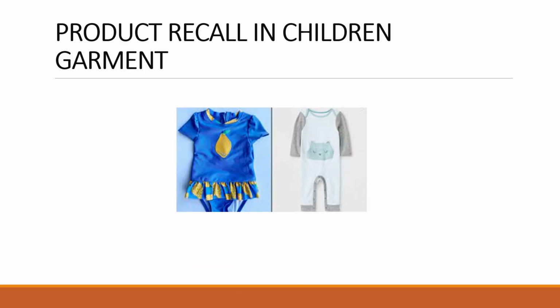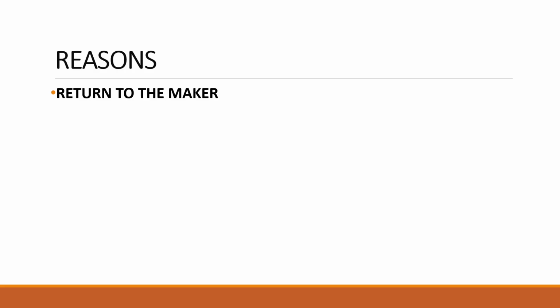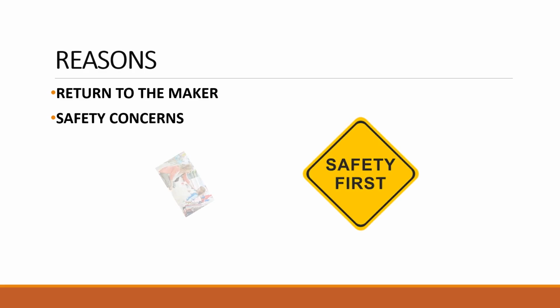Now these are some children's garments before you, wherein a product recall has happened. Now why such a product recall? What are the reasons? The first of the reasons is the return to the maker. So the persons who have made that garment, the returning is there. That is the first procedure of the recall, and the concern is really due to safety. Safety issues are not maintained in those children's garments. That's why it is returned to the maker. So one of the reasons is safety. That is the first and foremost thing